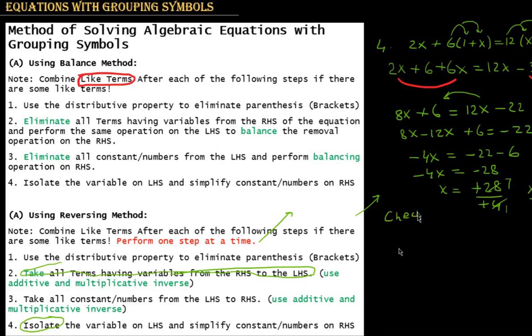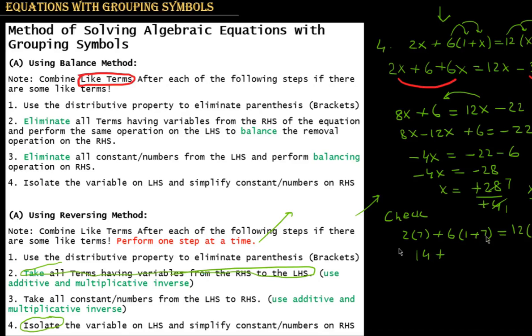Since we have variable on both sides of the equation, we have to put the value of x in both sides of the equation. So put 7 on the left hand side here. 2 into 7 plus 6 times (1 plus 7) equals 12 times (7 minus 3) plus 14. So 2 into 7 is 14